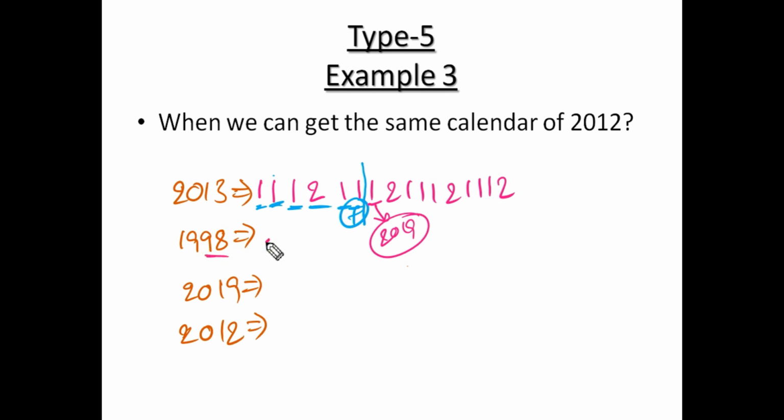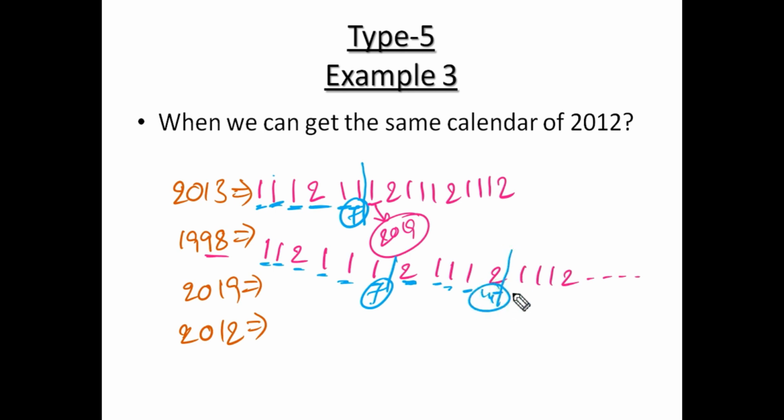1998 is a normal year, 1. 99. 2000 is a leap year. From here onwards, 1, 1, 1, 2, 1, 1, 1, 2, 1, 1, 1, 2, and so on. So add the days: 1, 2, 4, 5, 6, 7. Here we got 7, but the next year cannot be the answer because we need an ordinary year, but it is a leap year. So continue. 7, 9, 10, 11, 12, 14. Here we got 14, a multiple of 7, and the next year is the answer.